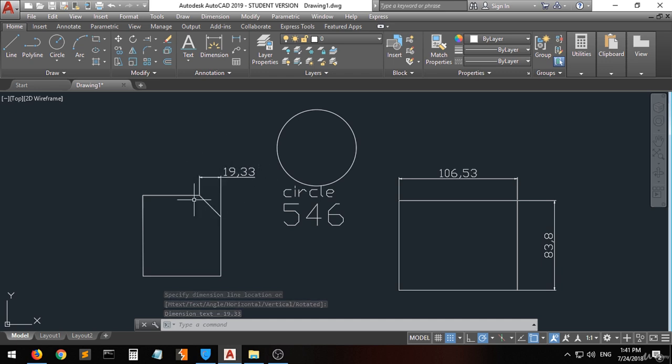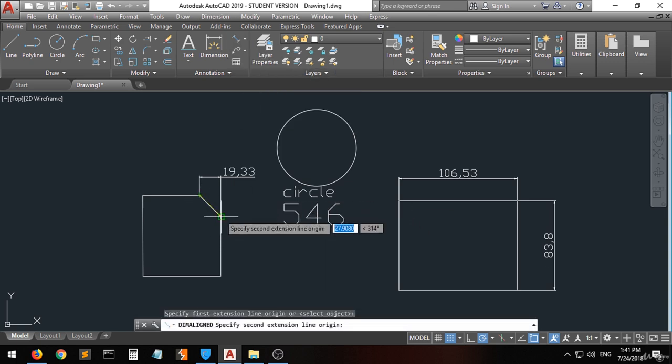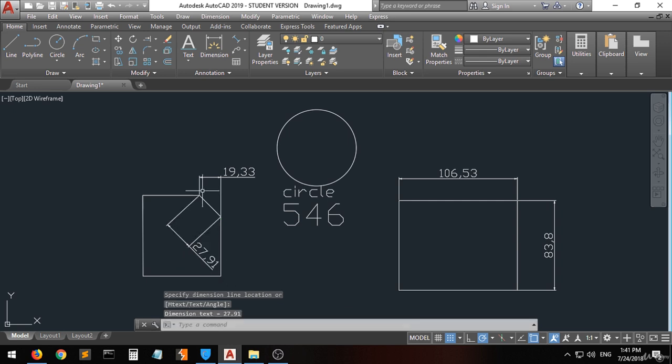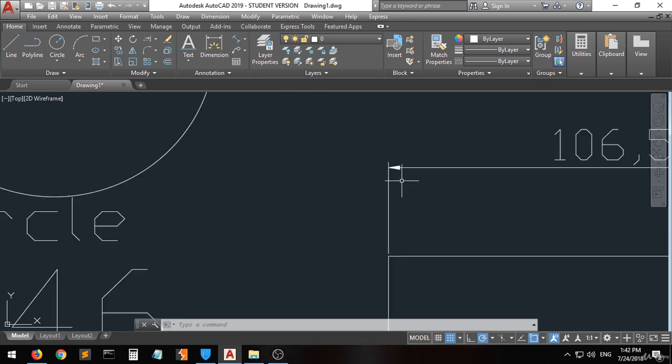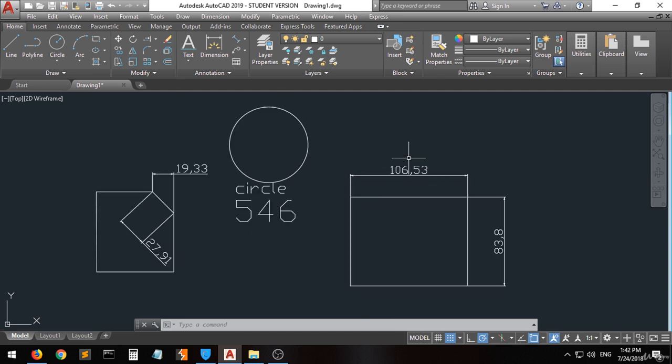But what if I want the exact length of this line? You will have to go to the align dimension. So when you choose this line from this to this, you will see that the length of this line is 27.91. So if you want to change some properties of the dimension, for example, the size of the arrows, when you zoom in, you can see that there is arrows, the size of the arrows, the placement of the text, the size of the text,